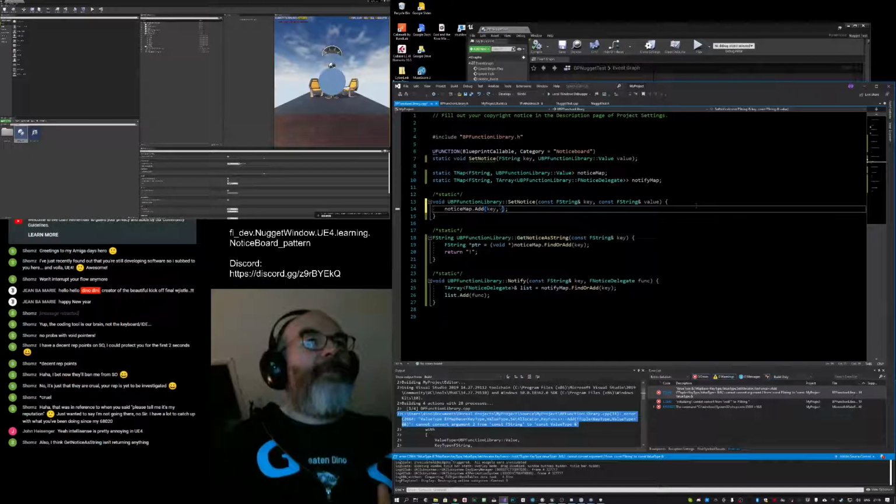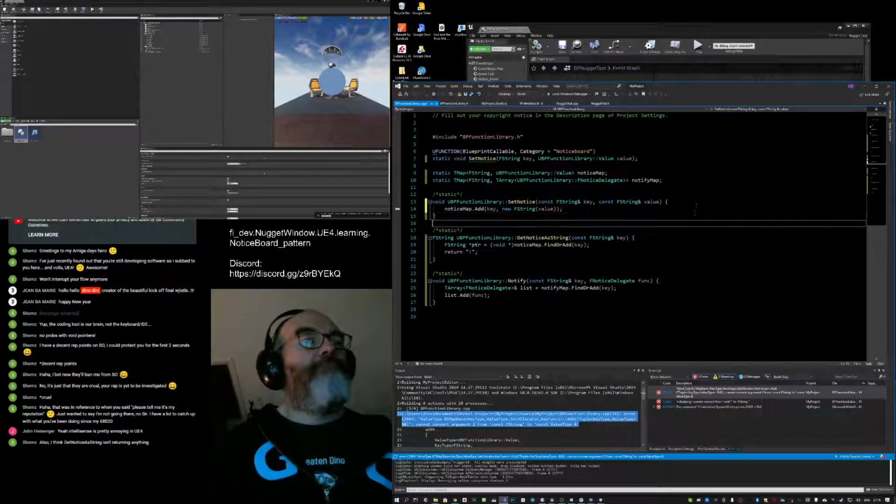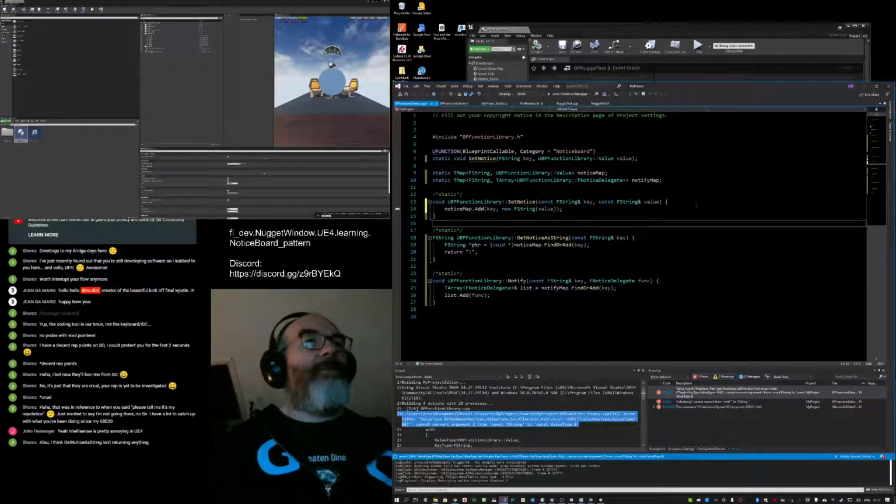I'm going to give it this new f string value, maybe. New will return a pointer to an f string, which will then get converted to a void pointer, and is then stored. That might be enough for now.